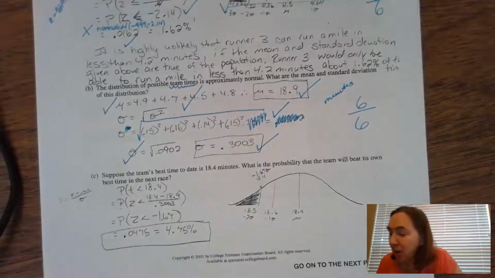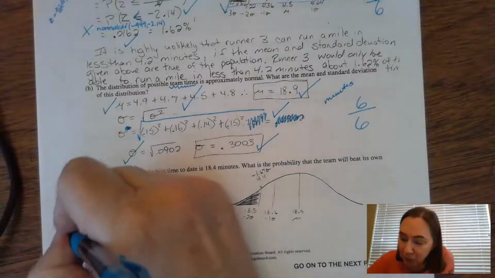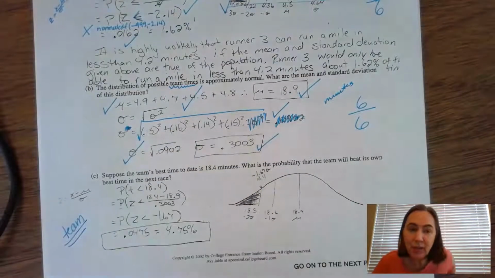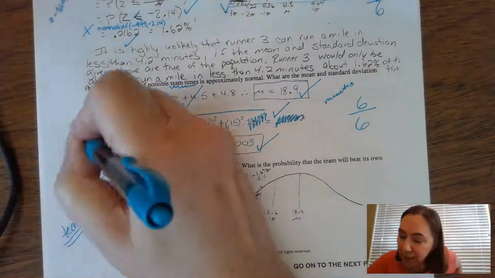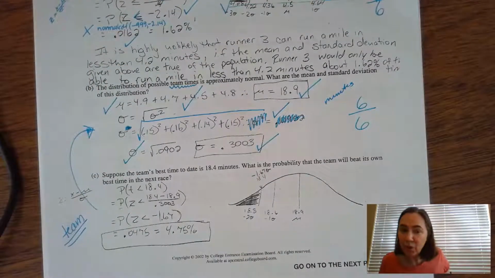Okay, now for part C, it says, suppose the team's best time to date is 18.4 minutes. So this is going to be the team issue going on right here. This is about the entire team. We're going to be using the answers from part B because part B is all about all 4 runners on the team. What's the probability that the team will beat its